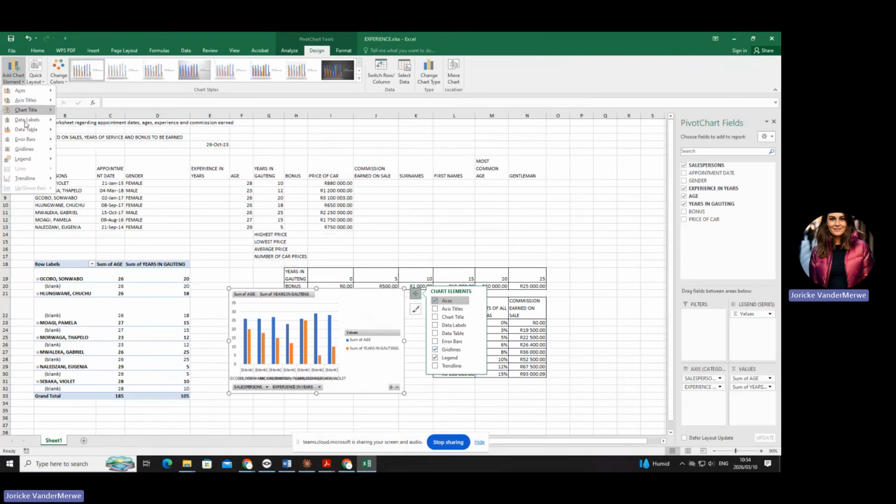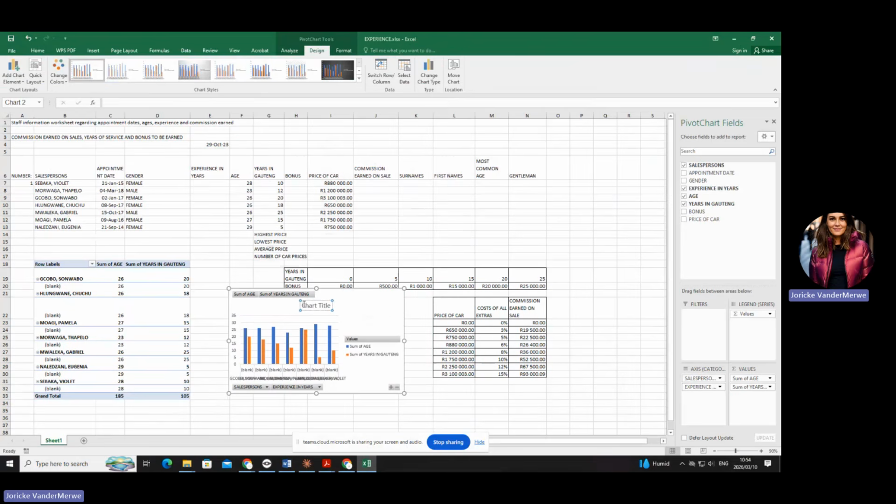Then there is all your elements. So go to the first one. It says a chart title. Can you see there's the title? It doesn't say if it needs to be where. So you're just going to choose above. Okay. And then remember, this becomes a little text box that you can type in. So it says salespersons. And how do I get to the second row to do my examination number?